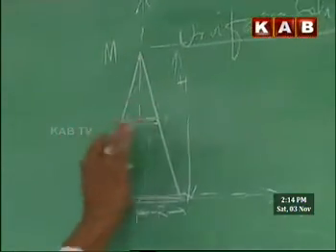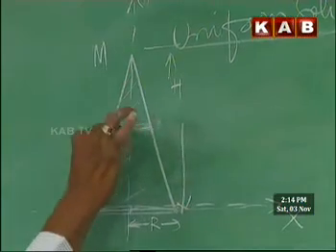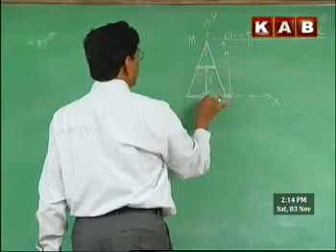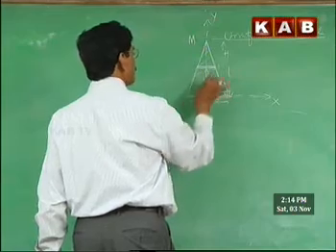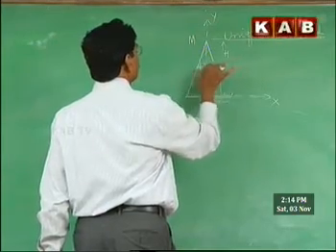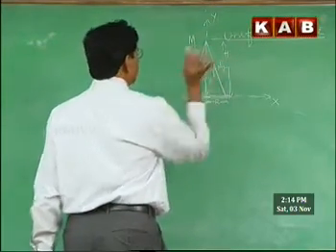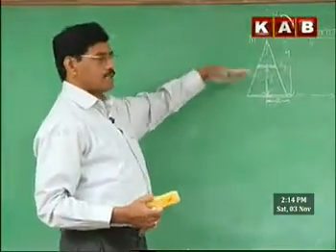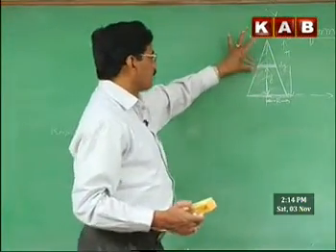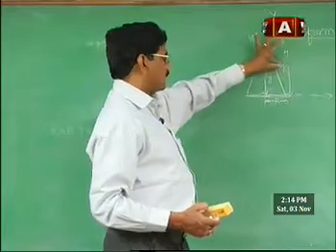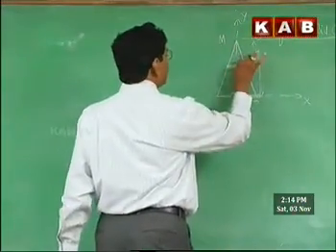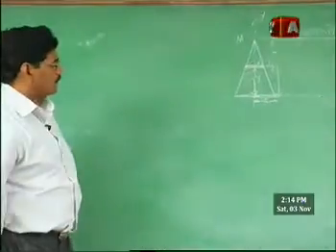Let us consider a circular disc which is at a height y from the base of the cone, and let dy be the thickness of the disc. So we are imagining the given cone divided into circular discs, a circular disc of thickness dy situated at a distance y. Let the radius of the circular disc be r.